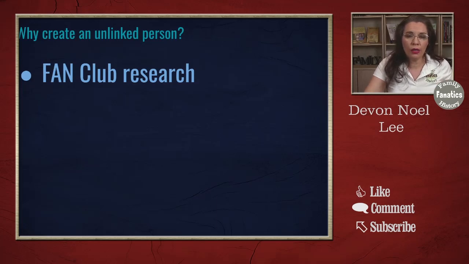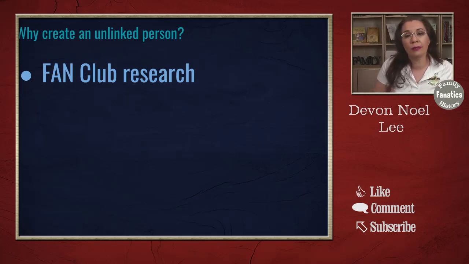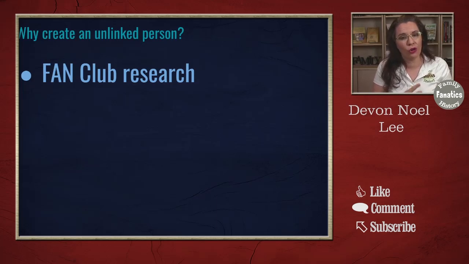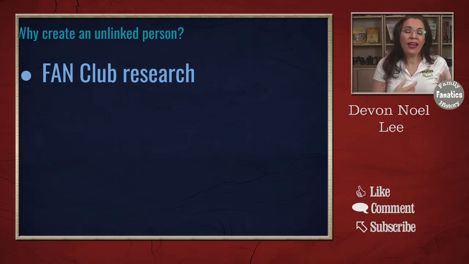Well, when we do genealogy research, we often need to research friends, neighbors, associates, and witnesses on documents in order to try to research our family and see, are they possibly related, or what is potentially their original homeland for our ancestors, where did they migrate, and so on and so forth. There's lots of reasons why you're going to come across somebody that you might need to add who isn't linked into the family tree. That is called FAN Club research. You can add that unlinked person to FamilySearch, and then you can start generating hints and linking other details to them.